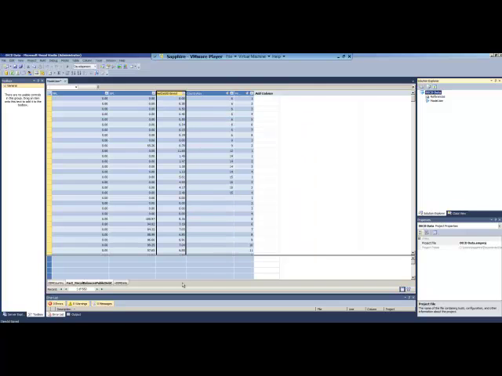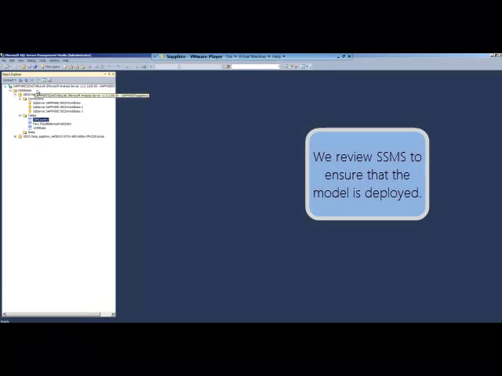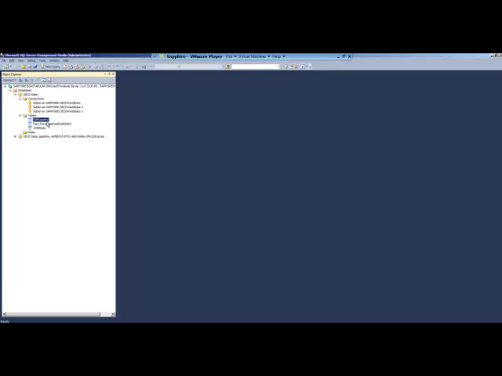Now we're going to double check and make sure that we can see the model in Management Studio. And when we look in Management Studio, we can see that yes, the model is actually there. When we're satisfied that the model is deployed properly, what we will do then is connect to the